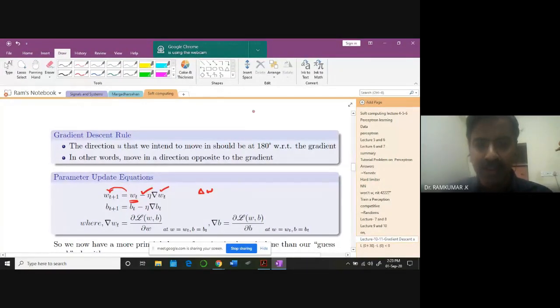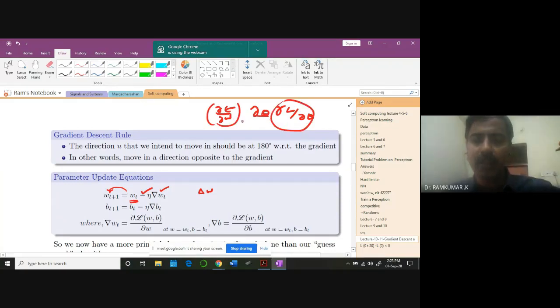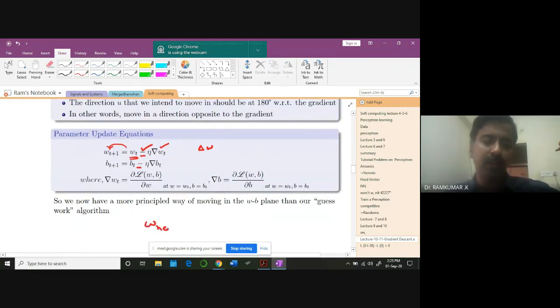So what is the gradient? The gradient is dou L by dou theta, or dou E by dou W. Theta is the W, as I already told you. So naturally, it means we are going to move in the opposite direction, minus. That's why we are getting this negative value. Otherwise, it's the same idea: new weight is equal to old weight minus eta times dou E by dou W. That's what we already learned. The same idea is this.